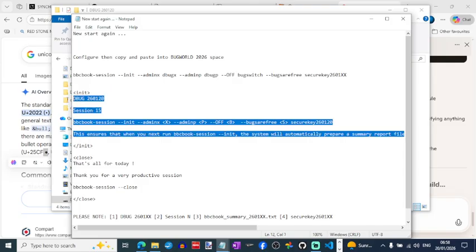So I copy this, edit copy, or right click and copy,